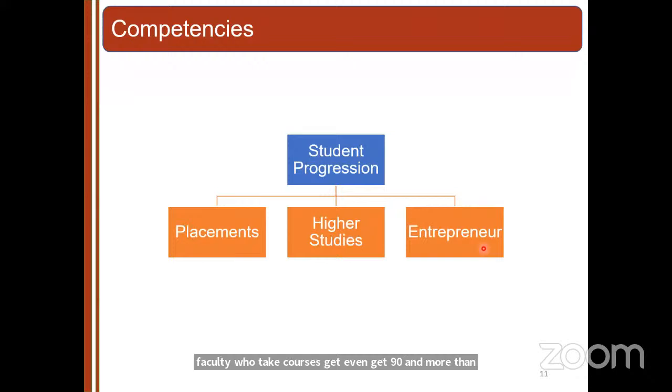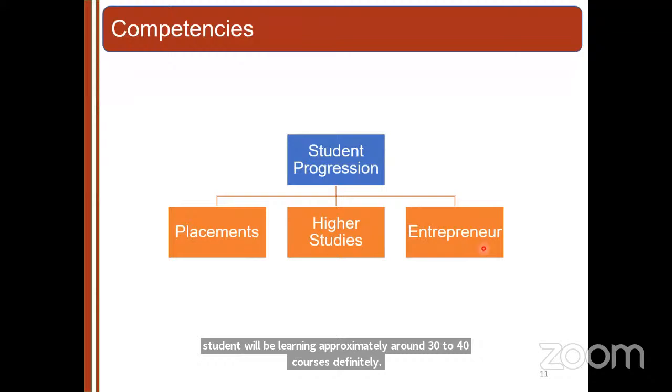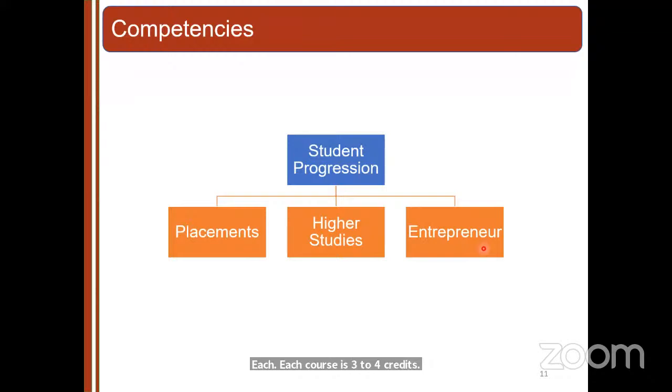Now, on an average, if I take a particular program for the 4 years, let me say BTech in electrical engineering, the student will be learning approximately around 30 to 40 courses, definitely. Each course is 3 to 4 credits. So he may be coming across, on an average, 30 different faculty, or if not, at least 25 different faculty,